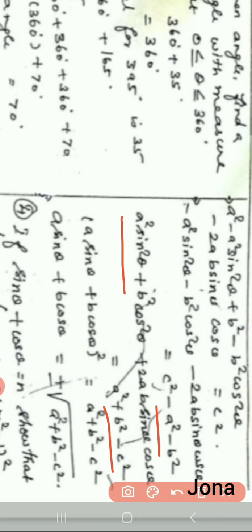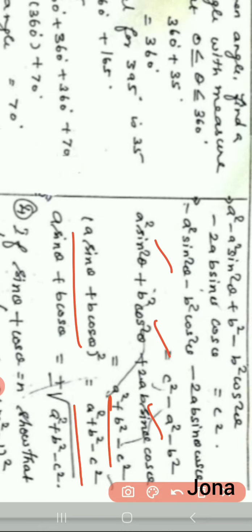Now I want to write the left hand side here in the format of the algebraic formula, A square plus B square, this is the 2AB term. So I can write this in this form, A sin theta plus B cos theta the whole square, equal to, write the right hand side as it is here. Here the whole square is given. I want to take the square root on both the sides. If you take a square root, the square will go off. So A sin theta plus B cos theta equal to, we have to put plus or minus root of A square plus B square minus C square.